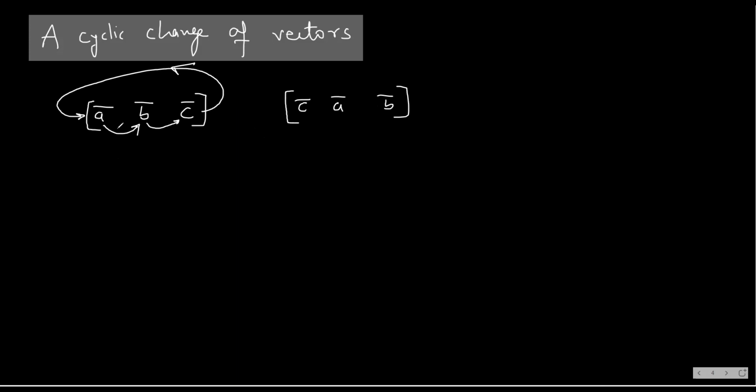See students, you know that A bar, B bar, C bar. How do you write A bar, B bar, C bar? You write A bar, B bar, C bar as A1, A2, A3, B1, B2, B3, and C1, C2, C3. This is what you write. Yes. Now,